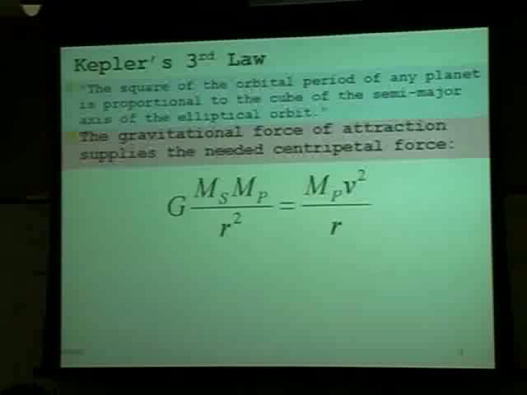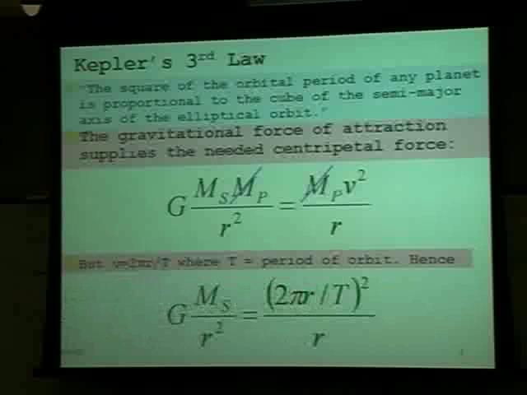Here's a proof. The planets are moving in ellipses, but they're very close to being circular. So we're going to make a crude calculation here, assuming the planets have a centripetal force, and that centripetal force is due to gravitational attraction. The gravitational attraction between the sun and the planet is equal to its centripetal force, mass times velocity squared over r. If I rearrange this, getting rid of the mass of the planet,